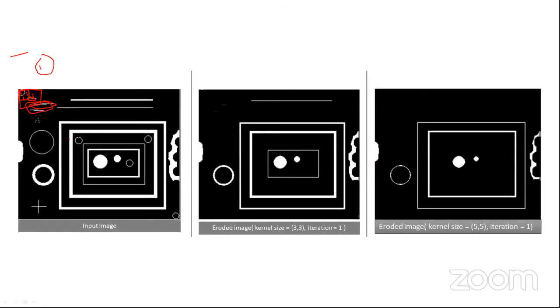But the thing is, it also reduces the thickness of the white region, because suppose you are working in this region, you can see there's some white portion which will also automatically get 0. So that is why it reduces the thickness of the white region.